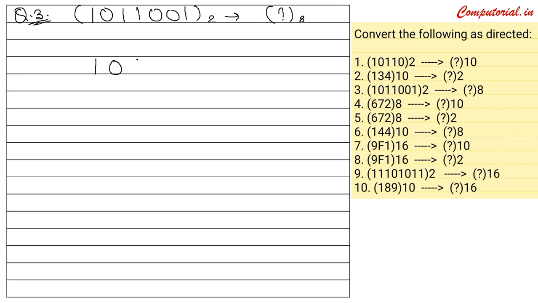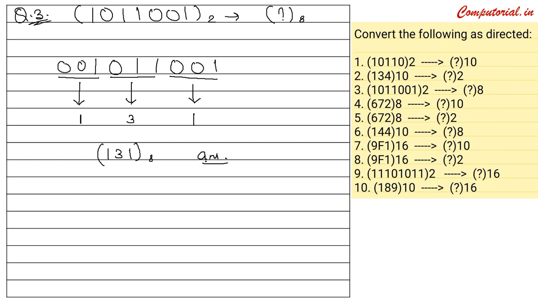So what we have to do, we have to note down the digits like this. Then from this side we have to make groups of 3. First group, second group. Now the third group has only one digit, so I have added 2 zeros here. Then refer to that table and replace the digits. It will be 1, it will be 3, it will be 1. That's it. And then you have to note down the digits properly with the bracket, with the base. That's it. Question is solved properly. Easiest one.